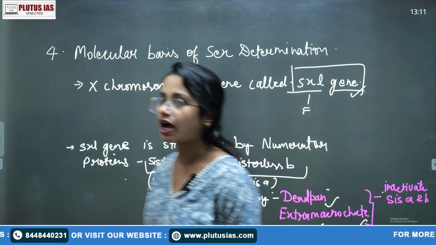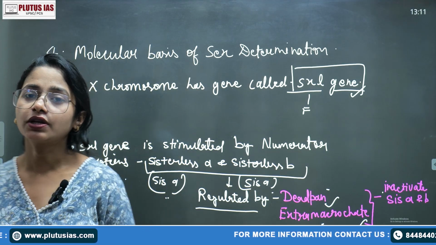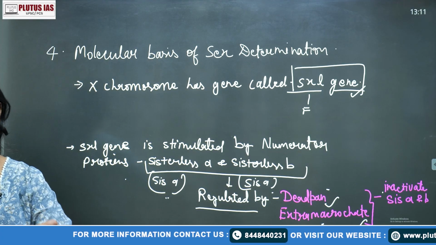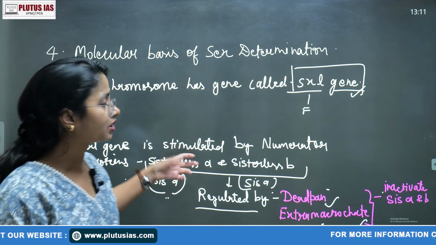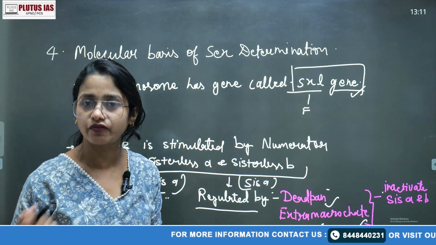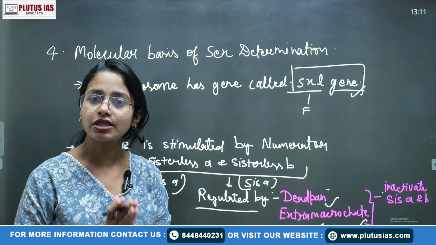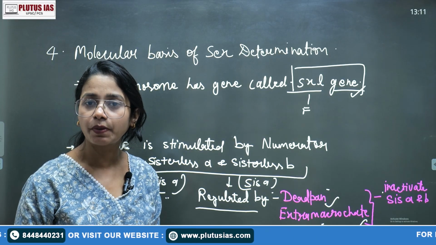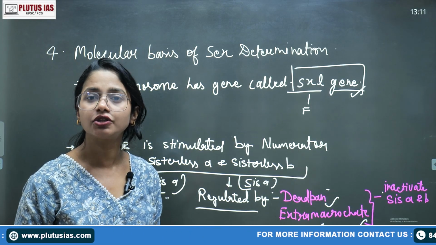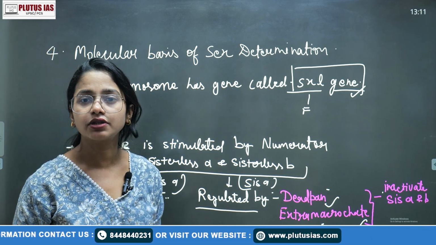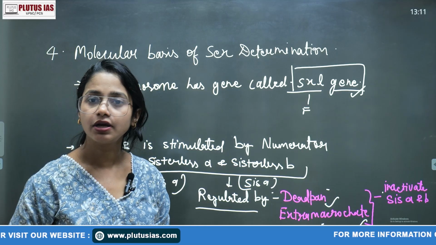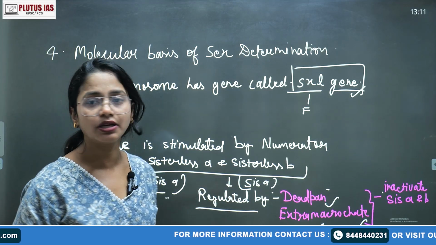If you see the PYQs, you will get this question, sex determination in Drosophila. Here you do not need to do a PhD. Whatever we have discussed in the 4 sections, you can simply write the crux or the core part, to show that you have the knowledge of the core things, and try to elaborate in your own words. Please mention the core things, and these are mainly the 4 topics.